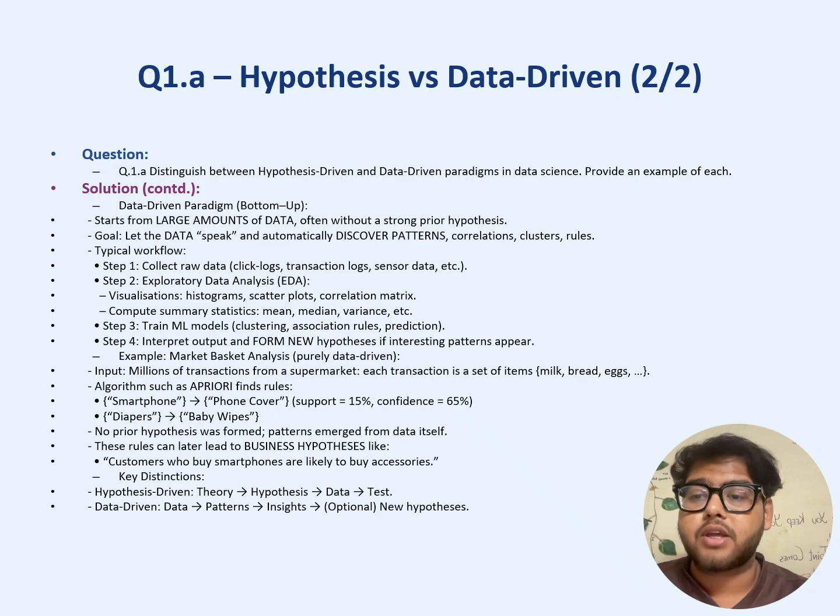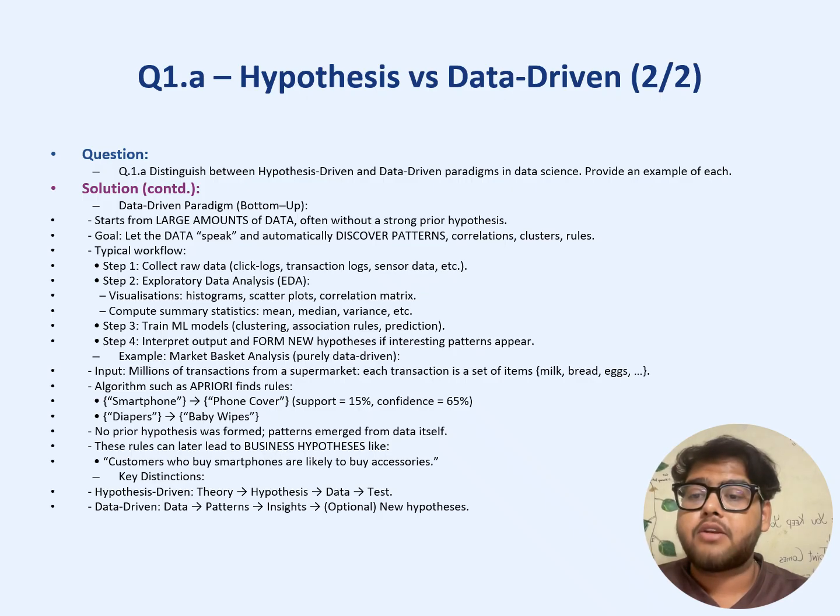Typical workflow: Step 1, collect raw data. Step 2, exploratory data analysis: visualizations, histograms, scatter plots, correlation matrices, compute summary statistics, mean, median, variance, etc. Step 3, train ML models. Step 4, interpret output and form new hypothesis. Step 5,